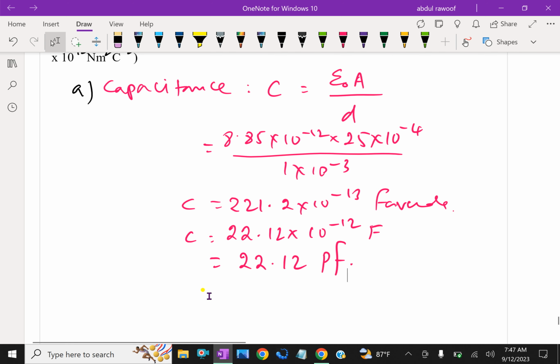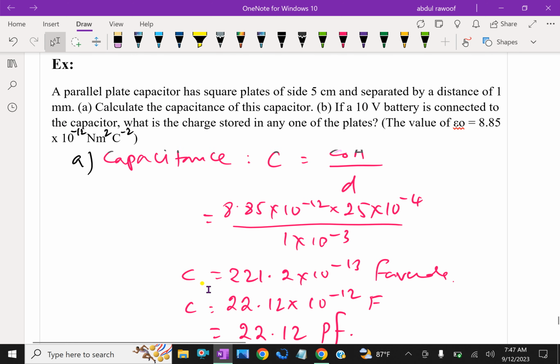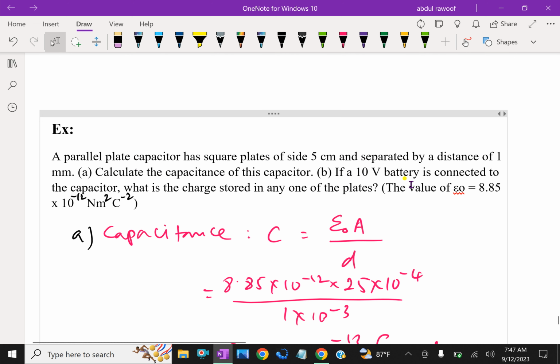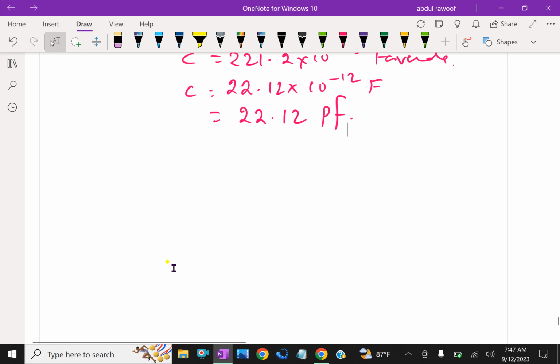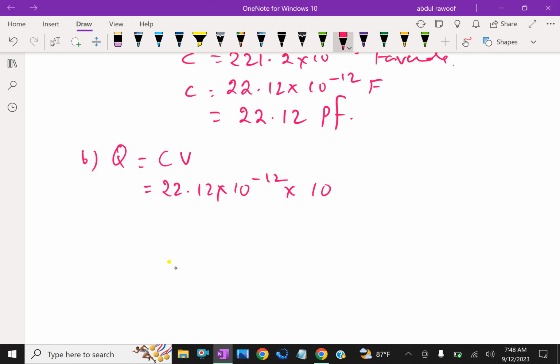Then the second part of the question is, if a 10 volt battery is connected to the capacitor, what is the charge stored in the plates? Second part, we know that Q charge equal to CV. Then C is 22.12 into 10 power minus 12 into 10 volt, which is equal to 1.2 into 10 power